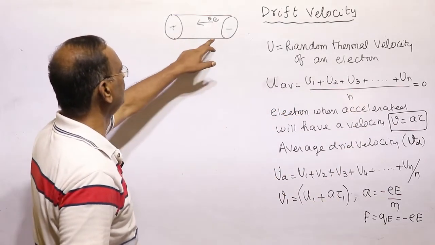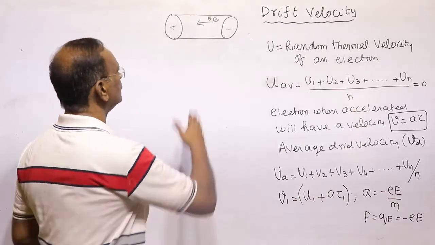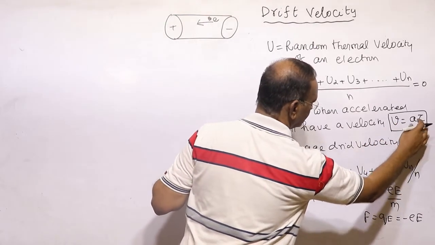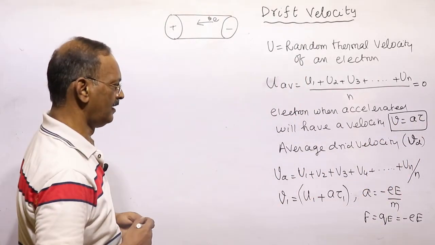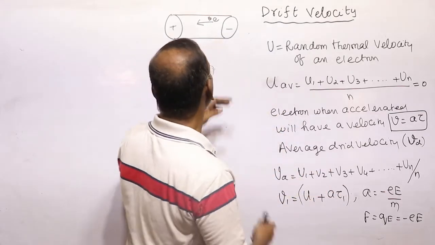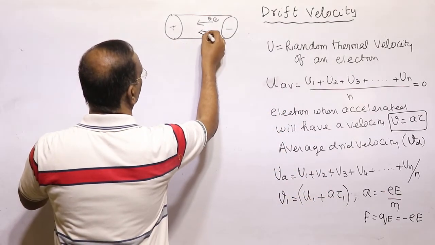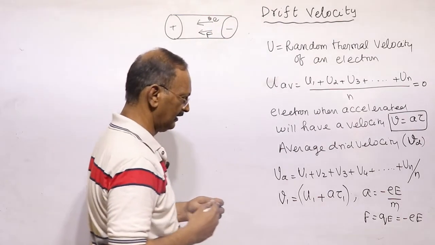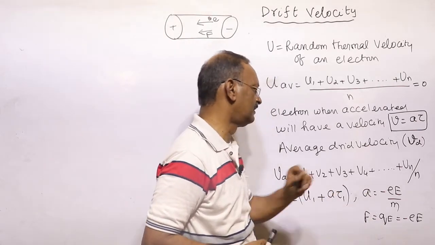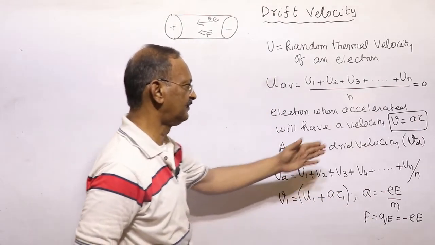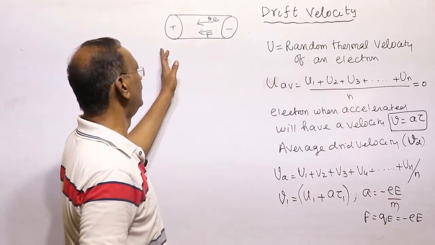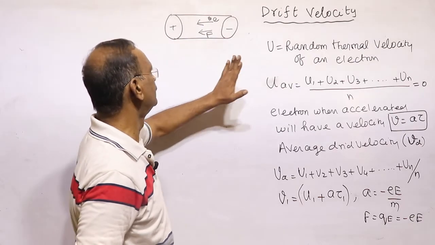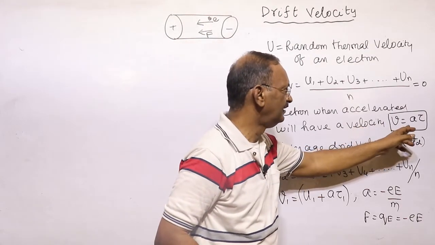When an electric field is applied, the electron accelerates towards the positive end with a velocity of acceleration into tau. Acceleration is constant because the force given by the field in this direction is constant for all electrons. Since force is constant, acceleration is also constant. The average drift velocity is Vd because of the applied electric force. It is going with two velocities. The average thermal velocity is equal to 0, and the other velocity is given by V is equal to A into tau